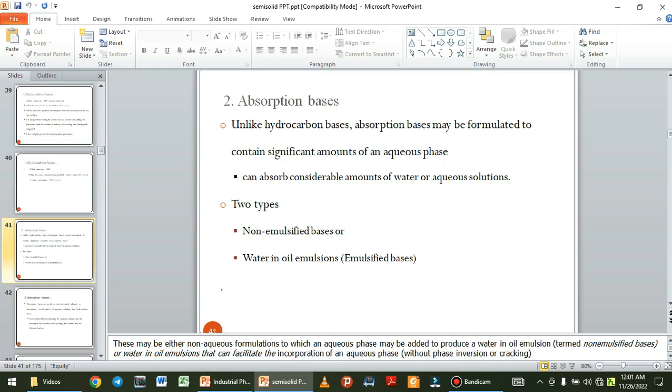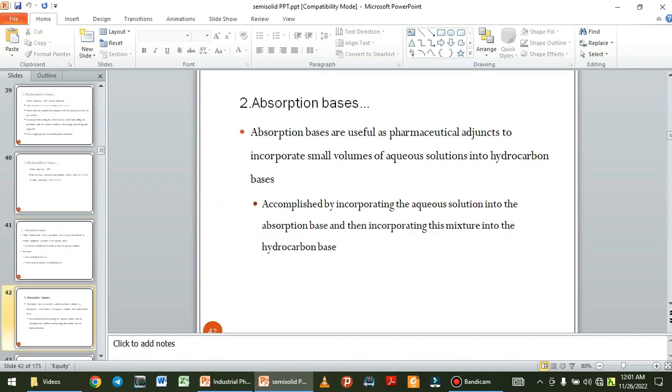be formulated to contain significant amount of aqueous phase by the way እነኚህ ደግሞ just ከነኛ ጋር የሚመሳሰሉት more lipophilic character አላቸው ግን we have to add aqueous phase some amount of aqueous phases and they can absorb considerable amount of water in aqueous solution ነው ሁለት ፓርት ነው ያላቸው ማለት ነው so non emulsified bases ናቸው again ደግሞ water in oil immersion ወይንም emulsified bases they have generally two type ናቸው ማለት እንችላለን absorption bases non emulsified base እና emulsified ስንል water in oil immersion ማለት ነው non emulsified ስንል ደግሞ oil in water ሁለት ታይፕ አላቸው absorption base የምንላቸው ማለት ነው absorption bases are useful as pharmaceutical adjacent to incorporate small volume of aqueous solution into hydrocarbon bases just